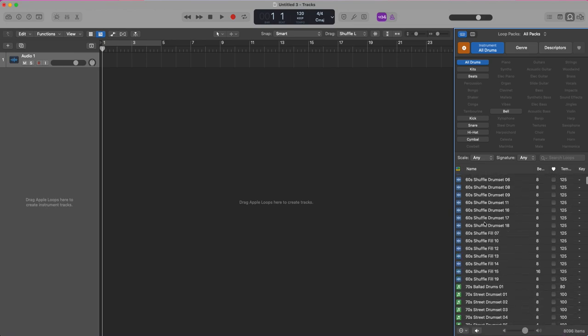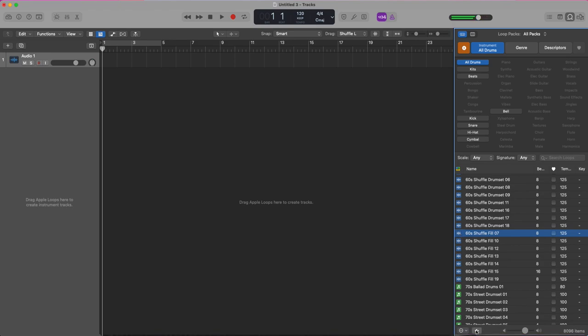The blue one is an Apple loop that contains audio data and also additional information for time stretching, transposition, and indexing. For example, this Apple loop is recorded at 125.